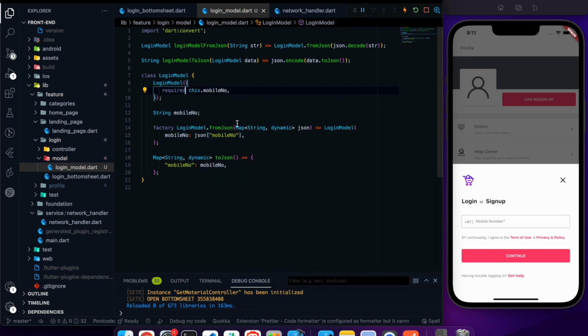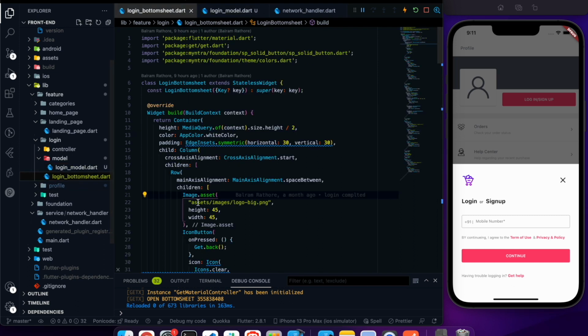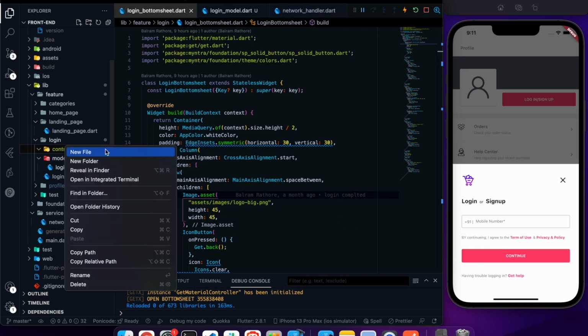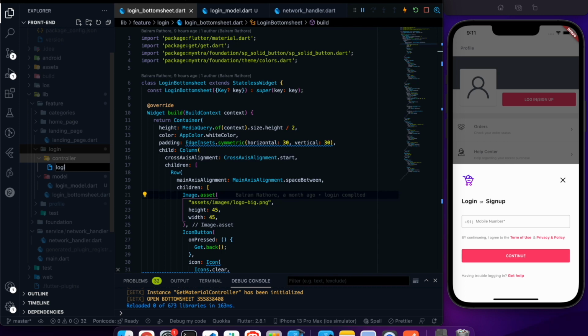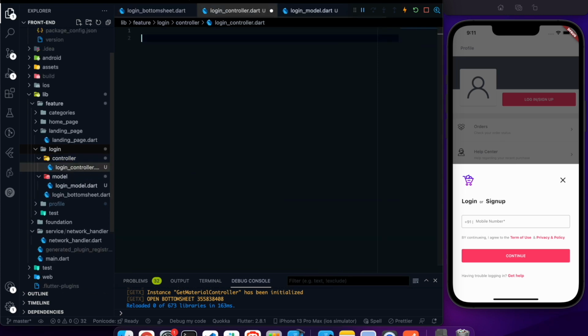The second step is to create a GetX controller. In order to work with GetX state management, we have to separate the logic from the UI. So this is the UI and the business logic. The business logic, like tapping on a button. After tapping on a button we have to make API calls. Those kinds of things we are going to put inside the controller. So let me create a login controller, and in the login controller I'm going to use GetX. So this is the login_controller.dart file, and I'm going to create a class